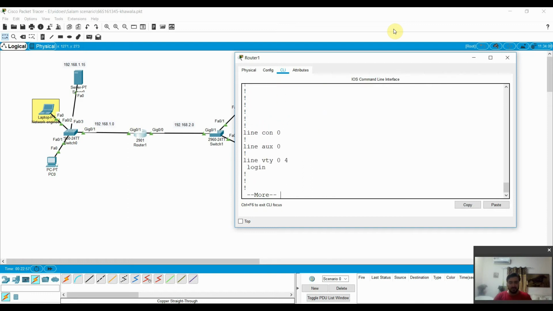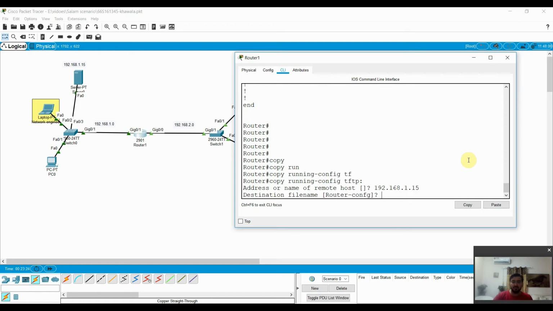Now you need to take the backup of your running configuration. How? Just write copy running-config tftp. You need to copy the running configuration to the TFTP server. What is the TFTP server here? This is your TFTP server, 192.168.1.15.